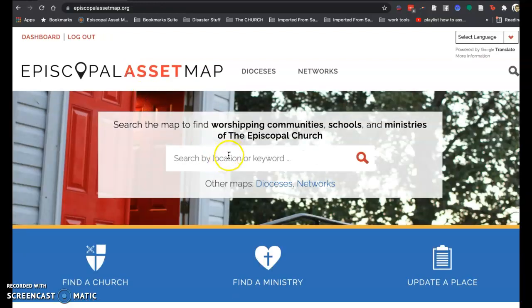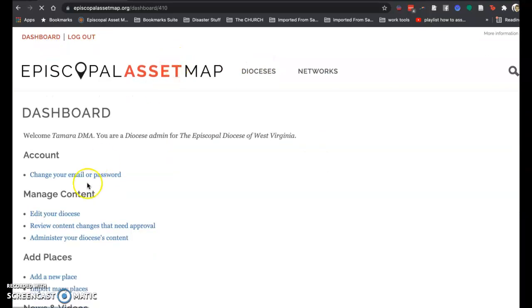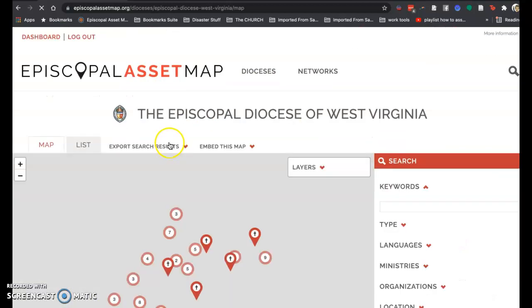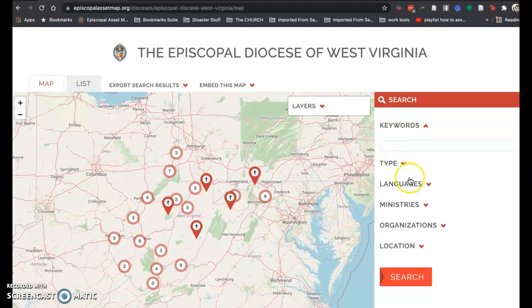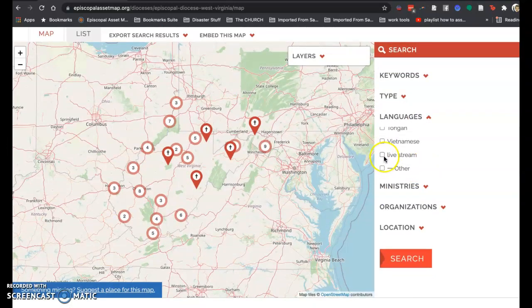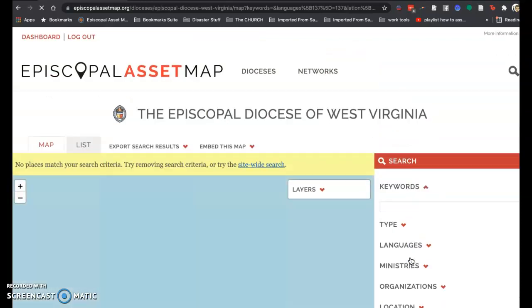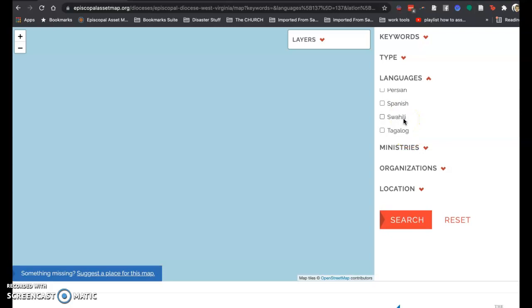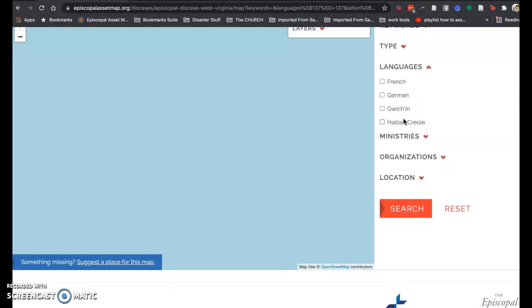The other option is that if I go to my diocese, for example, I'll just go back to dashboard. I go to edit your diocese. I'll hit see the map. And then let's say I just wanted to, as I said earlier, embed all the places that have live stream right now. I don't know if anyone's updated that information, so I'll just pray. So no one in the Diocese of West Virginia has updated that information yet. But if I click that tag live stream and hit search,